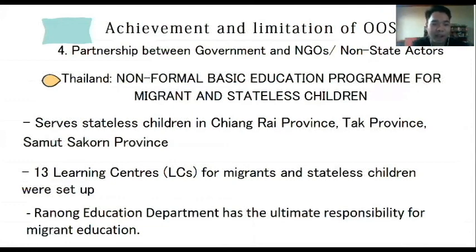Most of the students drop out of formal school because of language problems and the need to work in Ranong Province. 18 learning centers for migrants and stateless children were set up to cater to the migrants from Myanmar. While the learning centers serve a limited number of areas, the number of attendees is not restricted. It is estimated that among the 10,000 migrants from Myanmar based in Ranong Province, 4,000 were registered, while 6,000 were still unaccounted for. A non-governmental organization was responsible for the operation of this project,